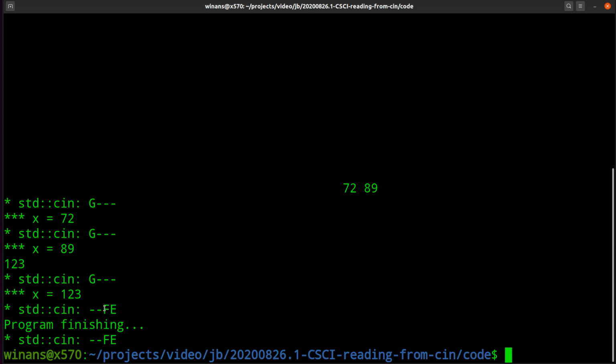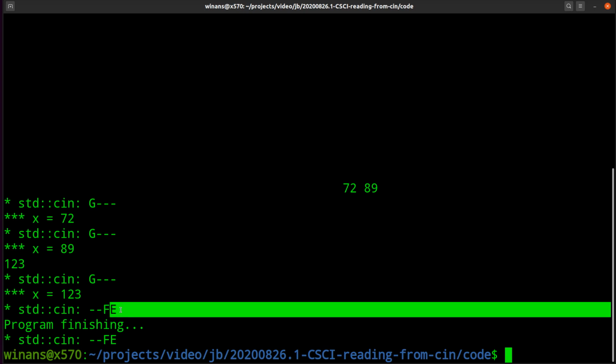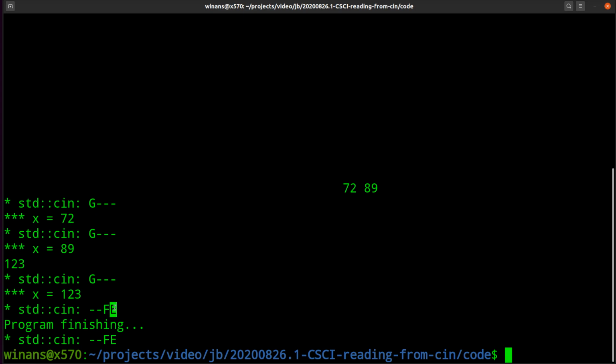Both of these flags get set. Why? Because it failed to do an input conversion and get an integer, and it also ran into EOF. So both of those flags are on. And it's not good, because at least one of these three flags are true, okay? This is what causes the while loop to end. The fact that this is not good, remember, is why the while loop ends.